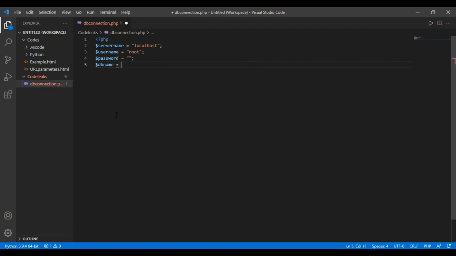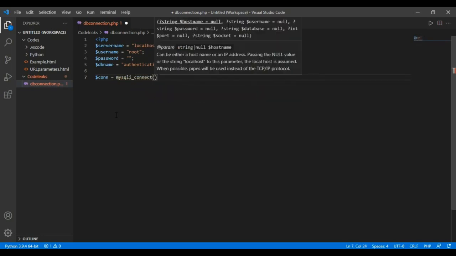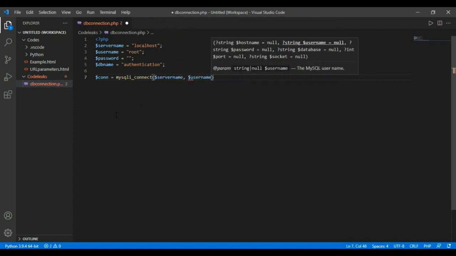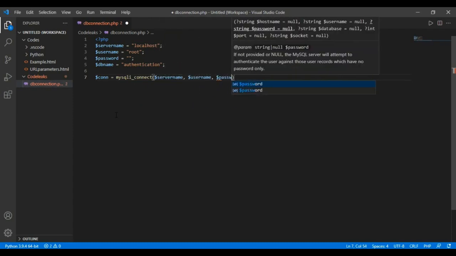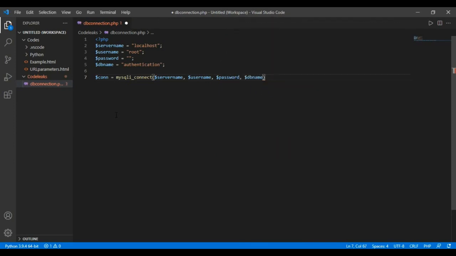The first thing I have mentioned is the server name. It is the host where your server is running and it is usually localhost. Second, we have the username as root and the password is the same that you use to access your PHPMyAdmin server. Next up we have DB name, that is the database name, the name of your database which we have created in this tutorial. That was authentication.